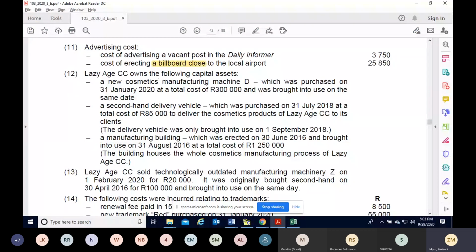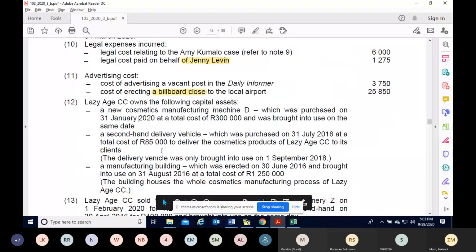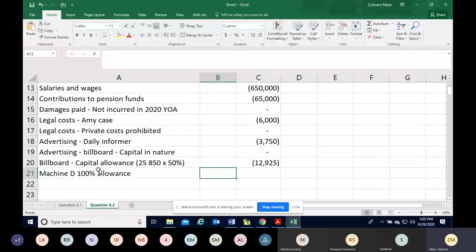Lazy CC owned the following capital asset: a cosmetics manufacturing machine D, which was purchased on 31 January. Remember our year end is 29 February. It was purchased on 31 January at a cost of 300,000 and brought into use on the same date. So it's machine D, and it's a 100% allowance given. So it becomes